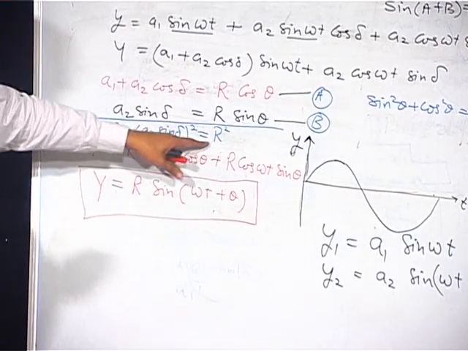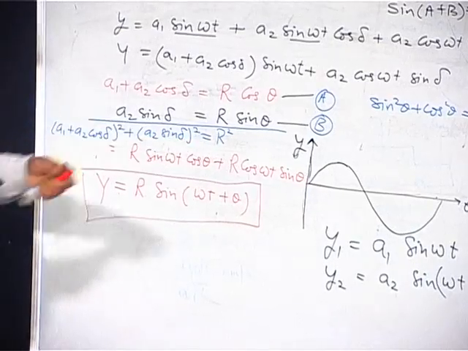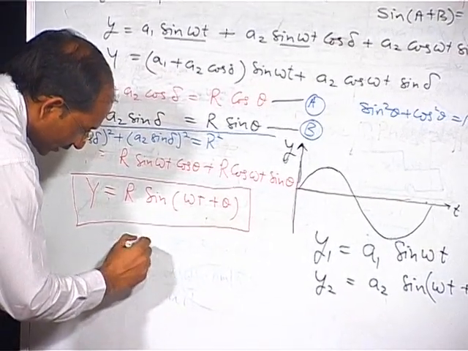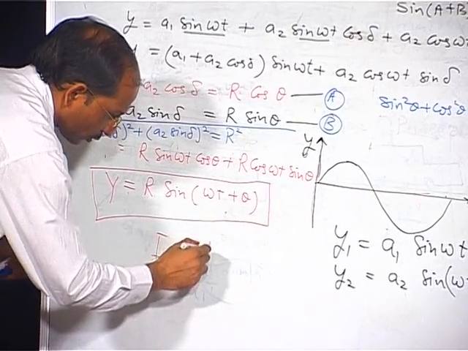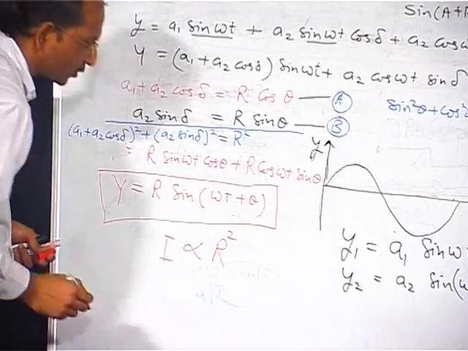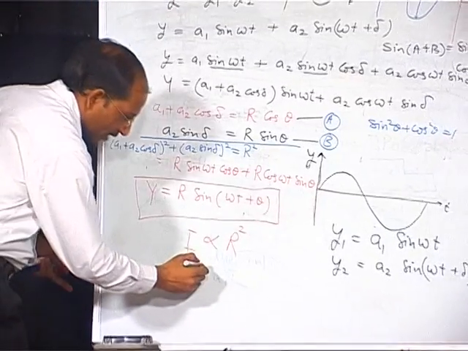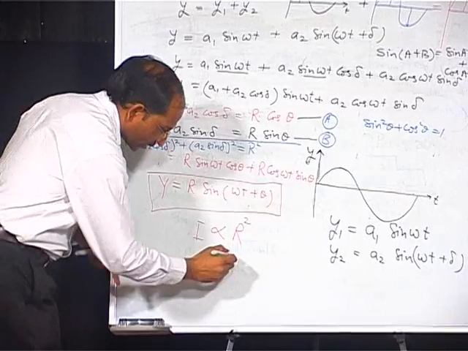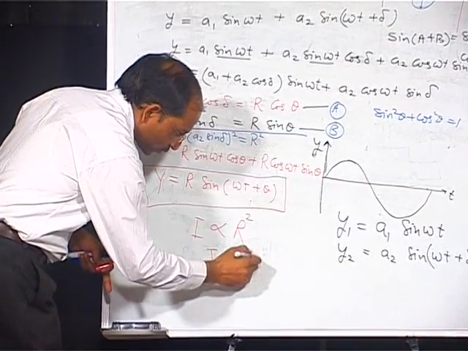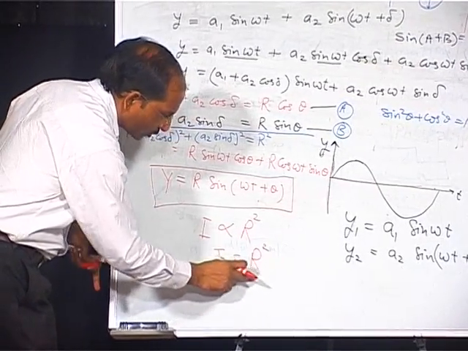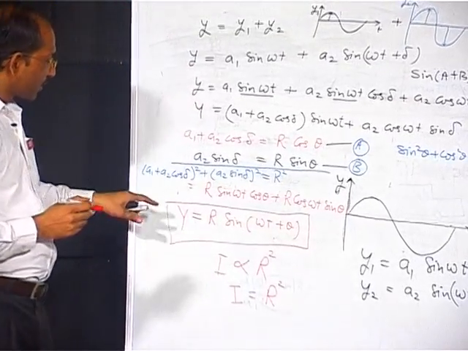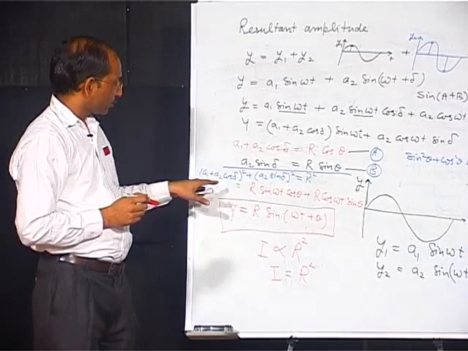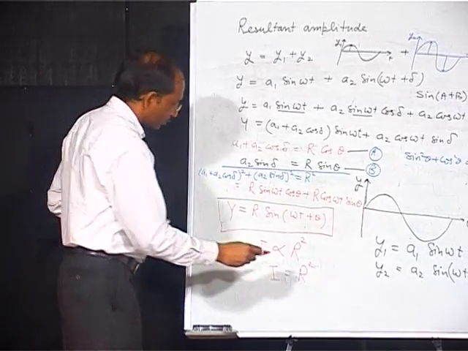Now, this one is the resultant amplitude. We know that if we have to find the intensity, intensity is directly proportional to the square of the amplitude, and here we are using the proportionality constant equal to unity, and that is equal to r square. So, I is equal to r square. We have to solve this equation for the intensity. So, r square is equal to